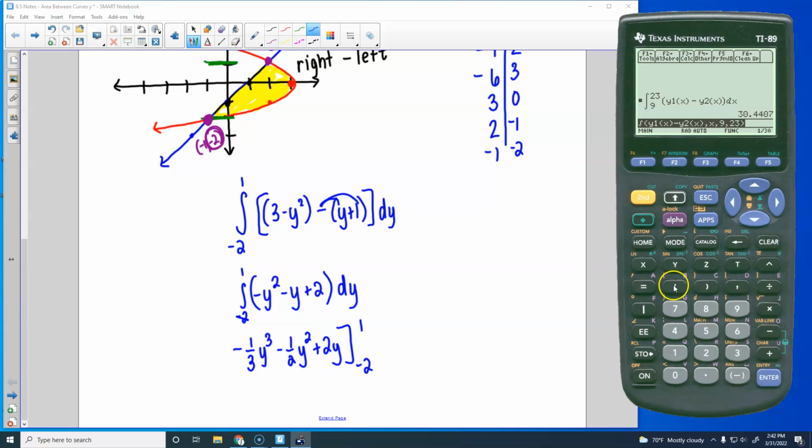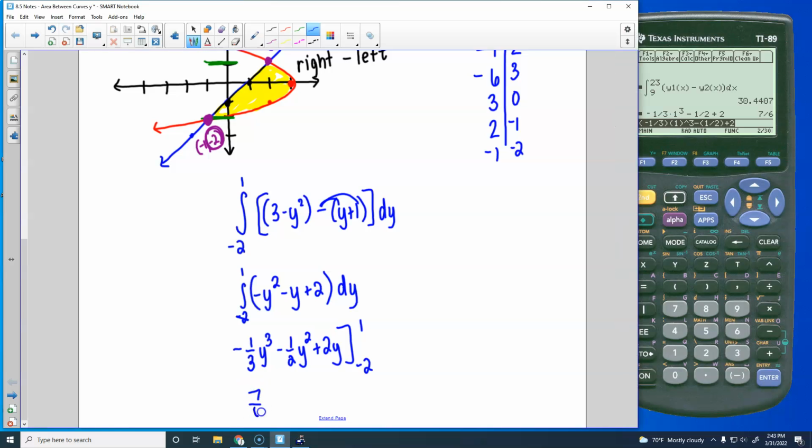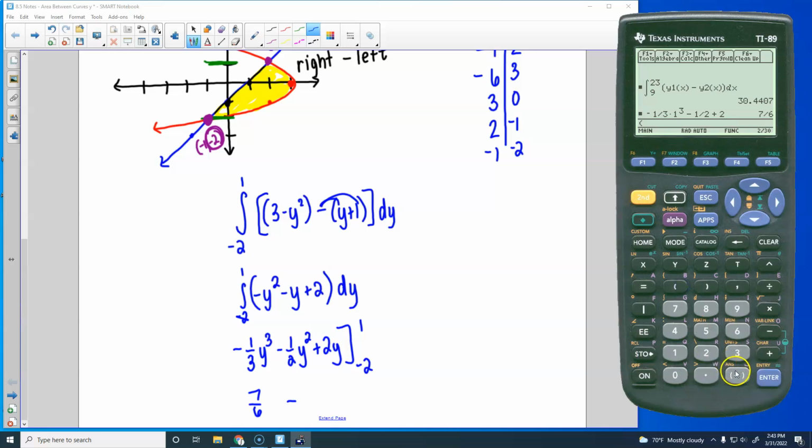So we will do -1/3 times 1 to the third minus 1/2 times 1 squared plus 2 times 1. Whenever we plug in the 1, we get 7/6. And then when we plug in the -2